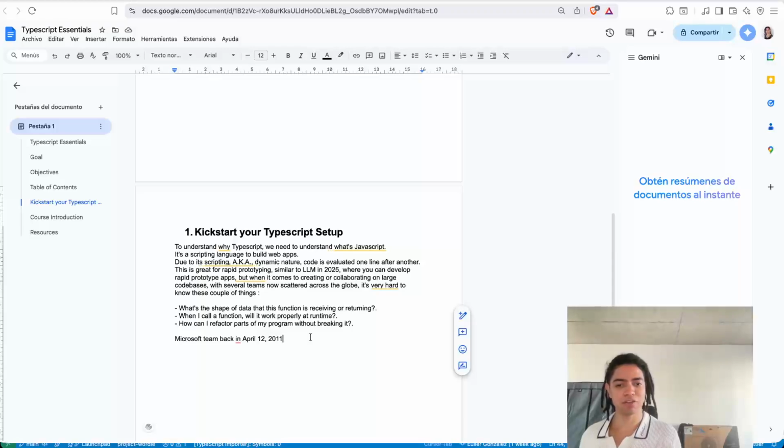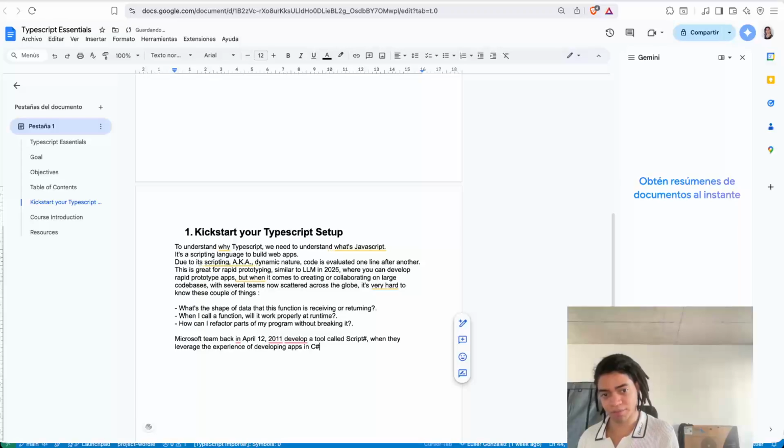So the Microsoft team back in 2012 developed a tool called Script Sharp, when they leveraged the experience of developing apps in C#, so IntelliSense, code refactoring,